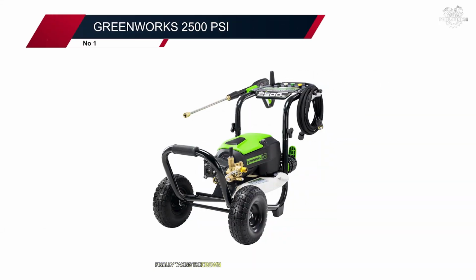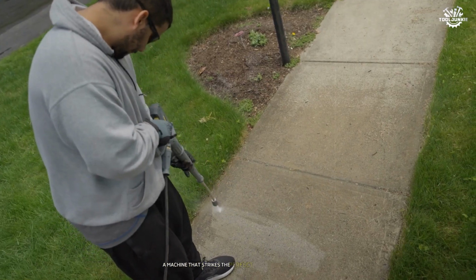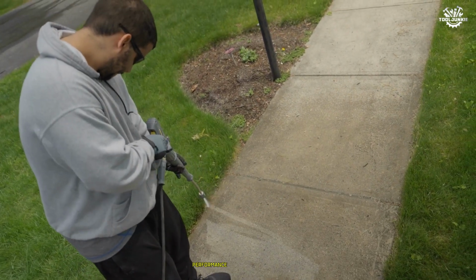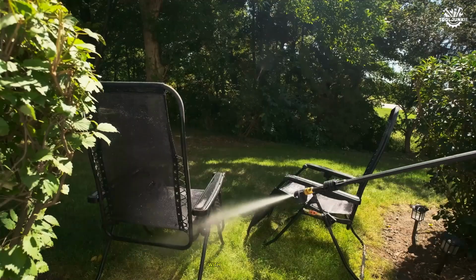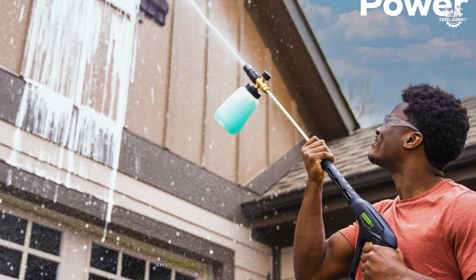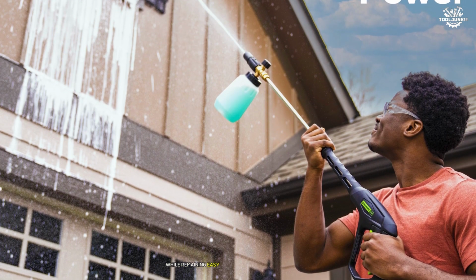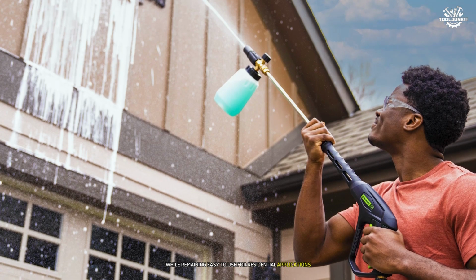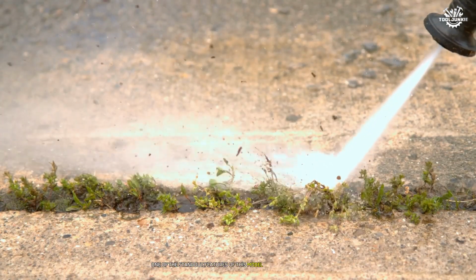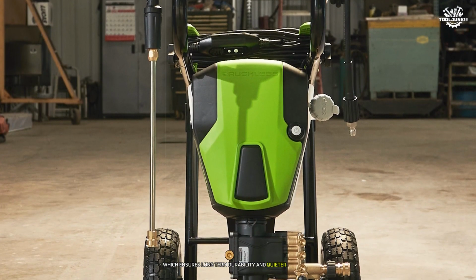Finally, taking the crown as our #1 pick is the Greenworks Pro 2500 Psi brushless electric pressure washer. A machine that strikes the perfect balance between power, performance, and user-friendliness. With 2,500 psi at 2.1 GPM, this industrial-grade unit delivers exceptional cleaning power while remaining easy to use for residential applications. One of the standout features of this model is its brushless motor, which ensures long-term durability and quieter operation